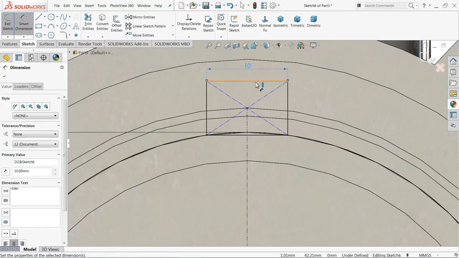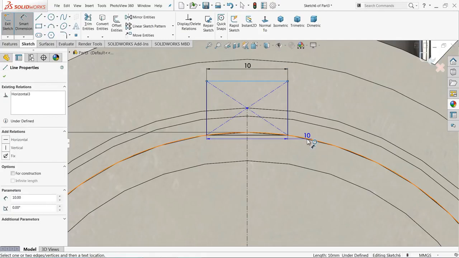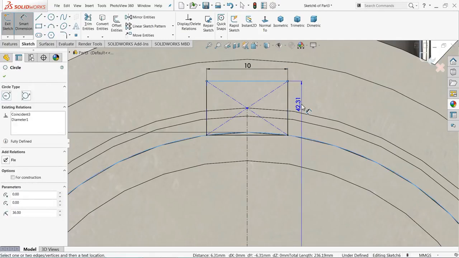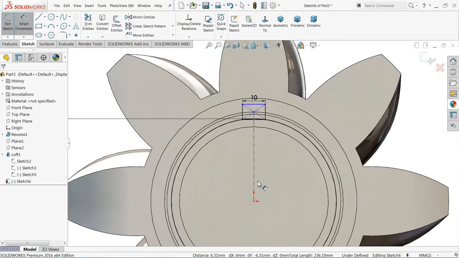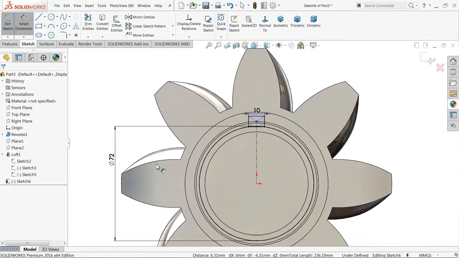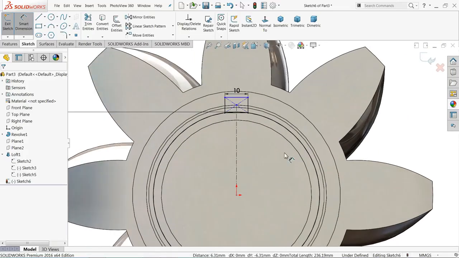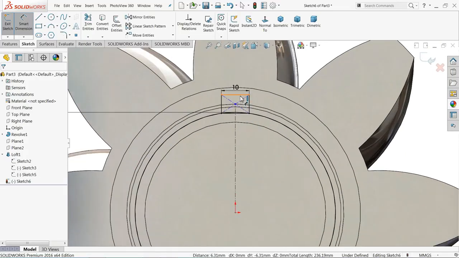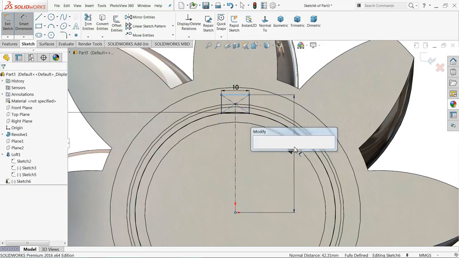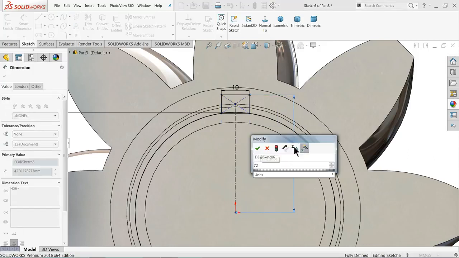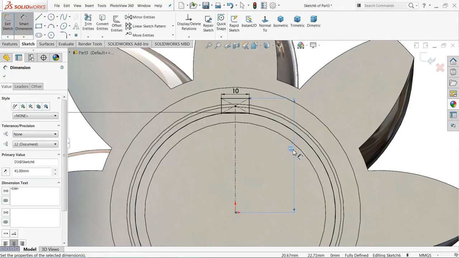10 mm. This distance from this arc, okay, 72. This distance from here, 72 by 2 plus 5, 41 mm.